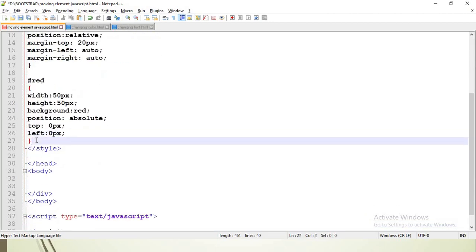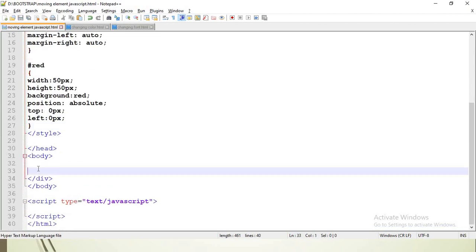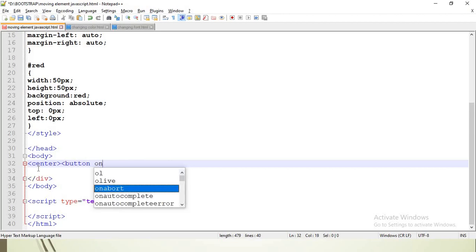So this is my style tag, and inside the body tag, now at the center the block is created, and at the center only I have to give a button, so it will give a good look. So button, and whenever the button is clicked, only the red element has to move from one position to another position.